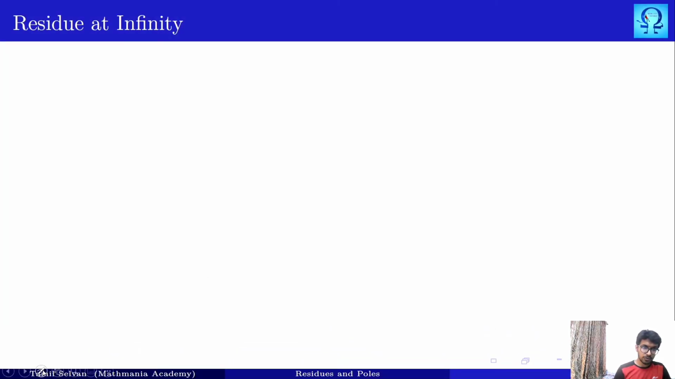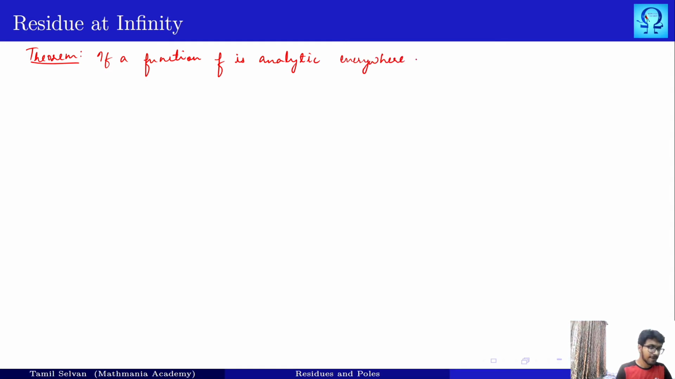Now we move to the concept called residue at infinity. When we talk about residue at infinity, this is given in a theorem. Let me first state the theorem. If a function f is analytic everywhere in the finite plane,